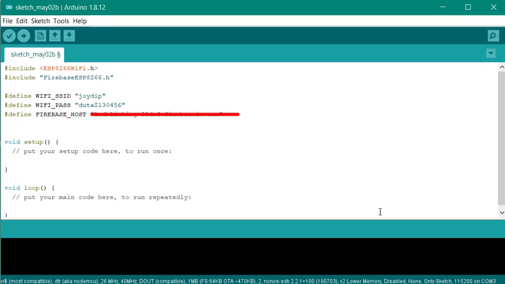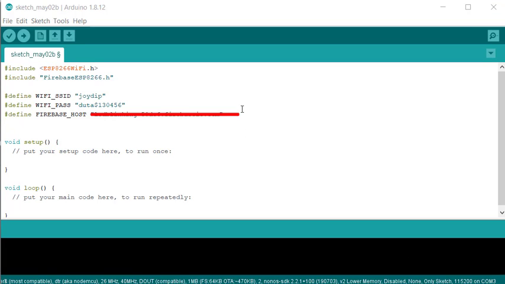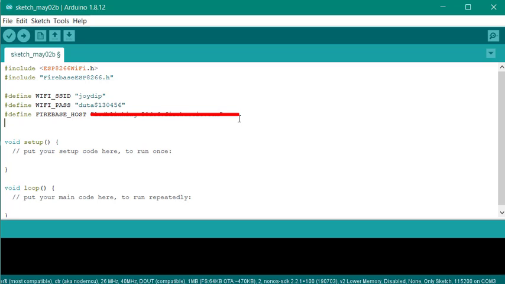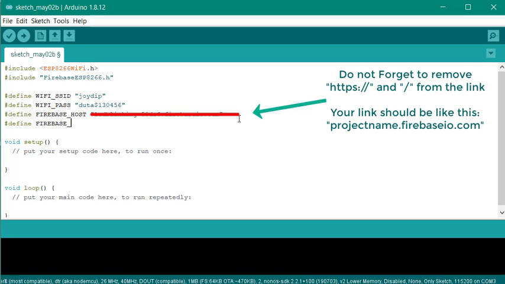Now we have defined the Firebase host, and now the Firebase authentication. So define FIREBASE_AUTH. Now you need to put your secret key.